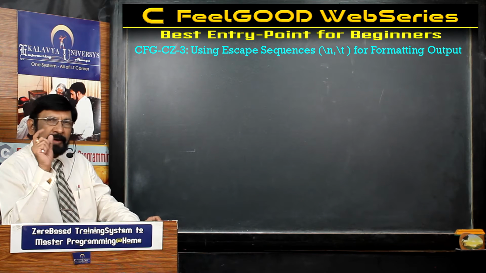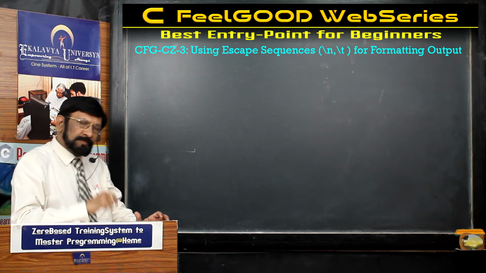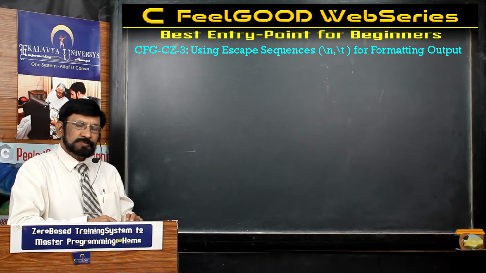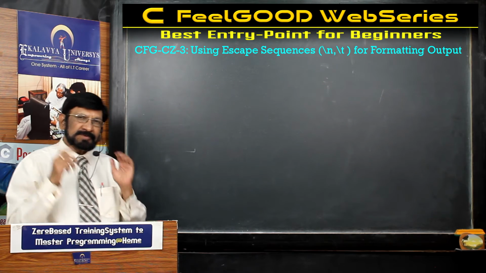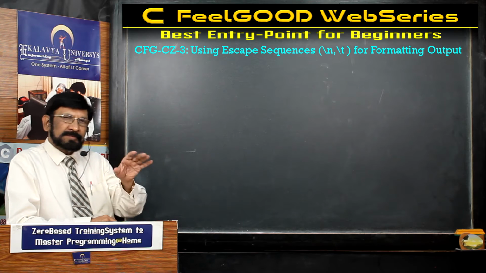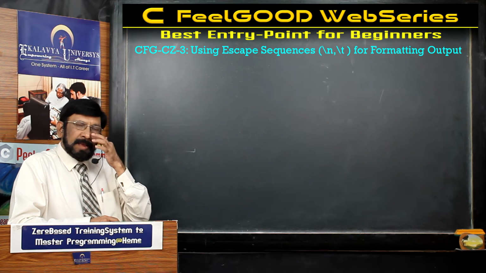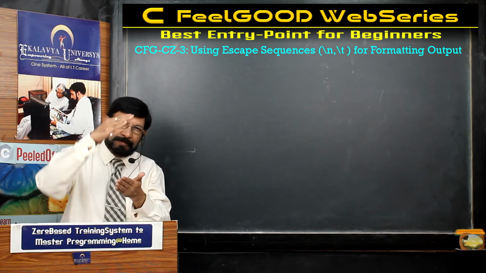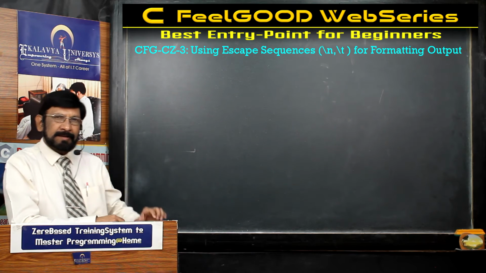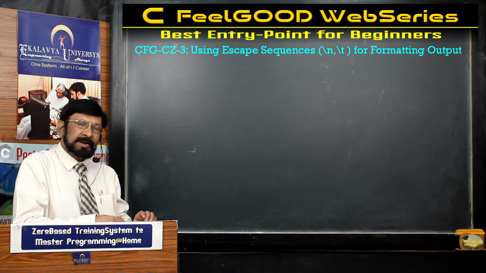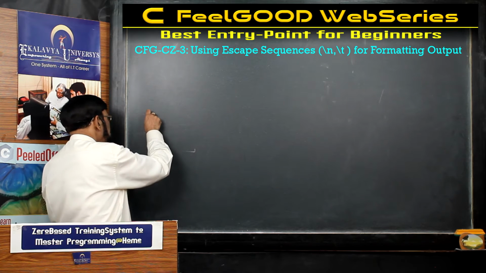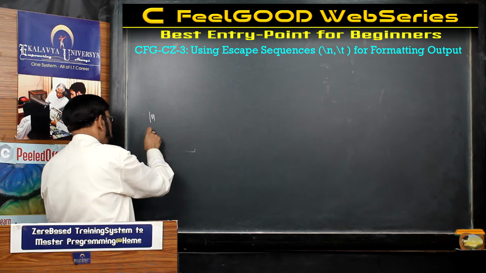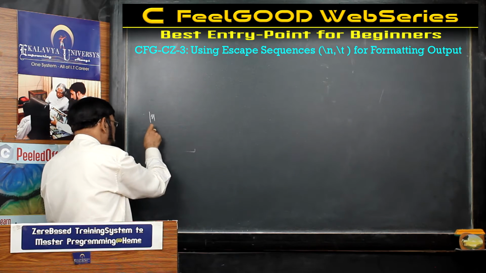In this formatting output, I am focusing. For that purpose, two elements we use. Those are called escape sequences. Why those are called escape sequences, I will explain a little later. The first is the new line sequence, which is meant for breaking the lines, a line breaker. The second one is the horizontal tab. This is the new line sequence, backslash and n, and this is the horizontal tab.